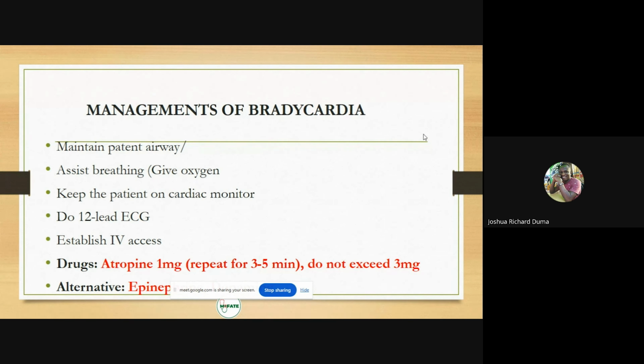We do put lead 2 sometimes, and the precordial leads. Just 2 leads are displayed on our monitors. So once you see that the patient is running bradycardic, it's very good to do a 12-lead ECG so that it can show the other parts of the heart, what's wrong with the whole heart. Then you need to keep the vein open for resuscitation if it happens that the patient is